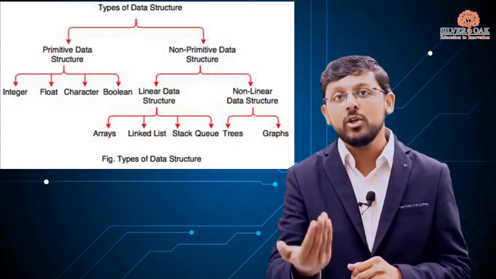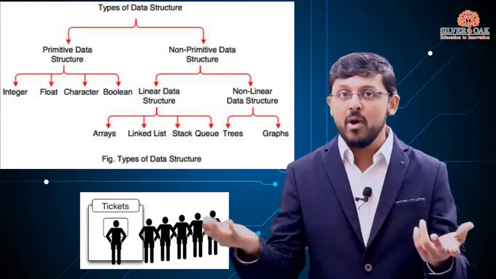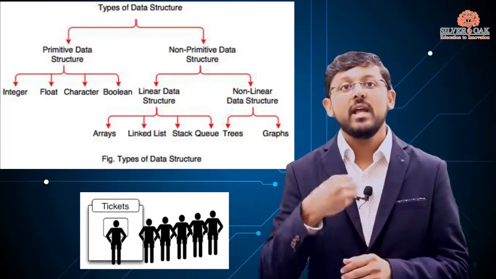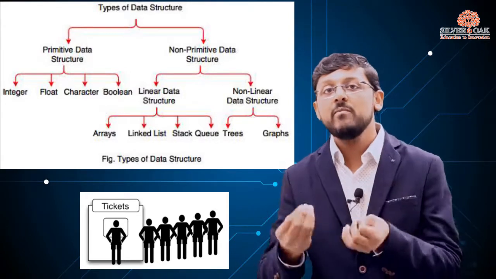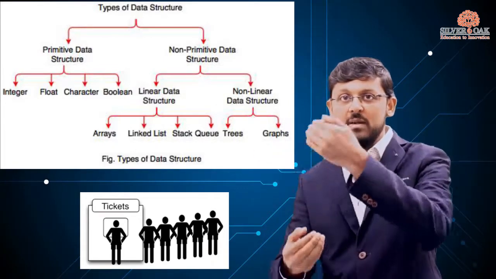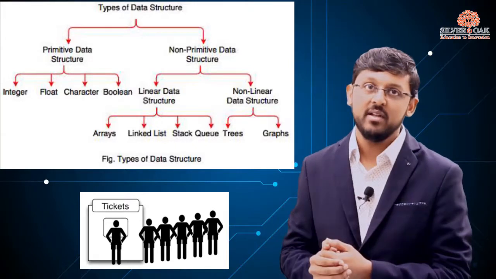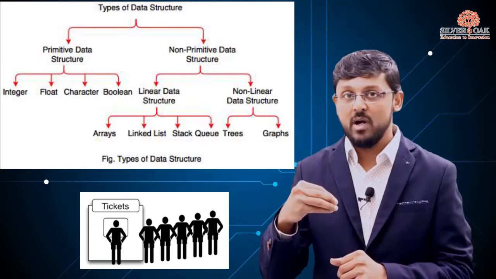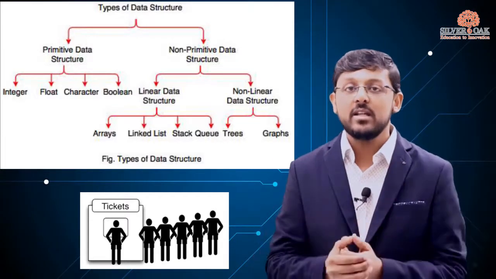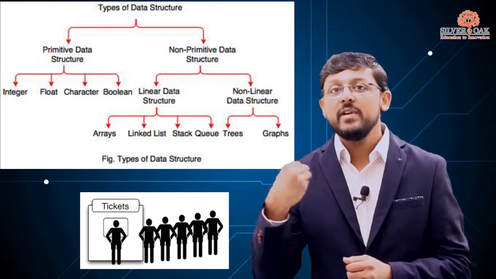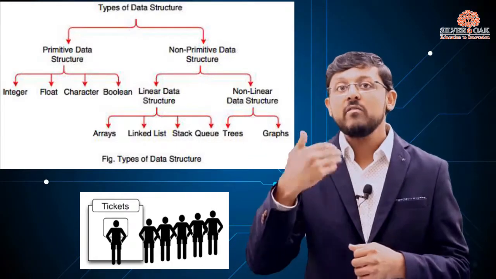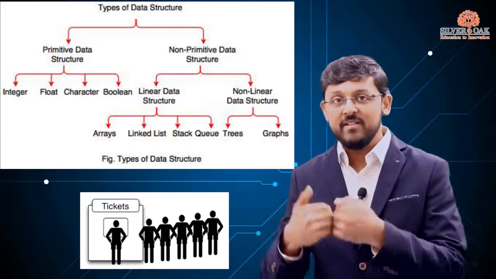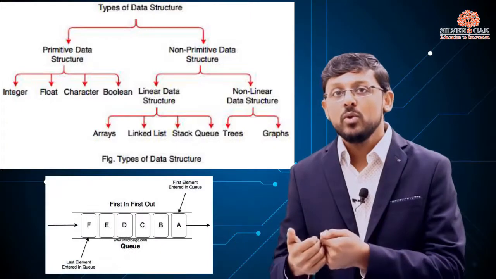Now if we talk about queue, all of you know about queue, you must know all the parameters of queue, because every time in life we have stood in various queues. So the same concept is reflected in computer science. The data structure queue is first in first out. Always when we utilize any queue, we enter at the end, and in the further process the first person will be served first. In the same way in computer science, in queue, it is first in first out.